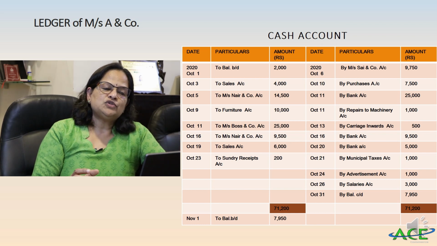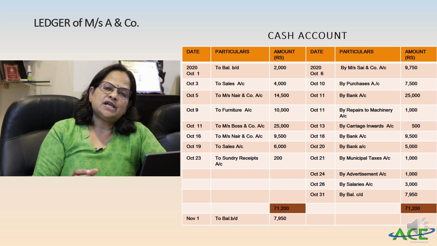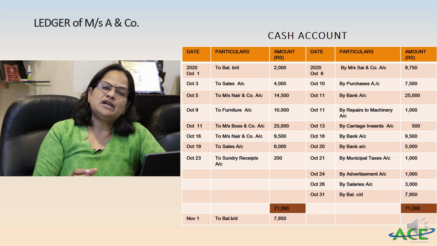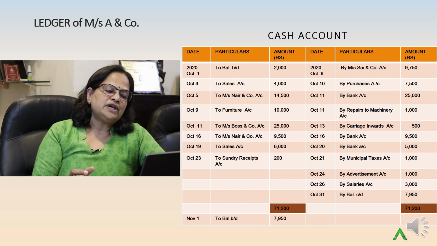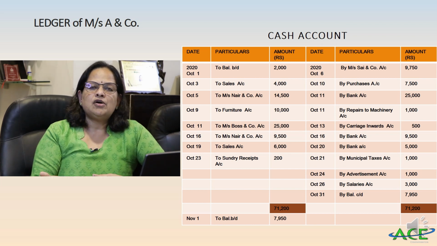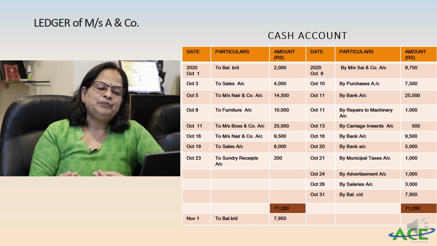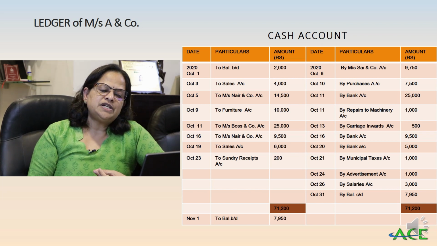To sales 4000, to Messrs. Nayar and Company 14,500, to furniture account 10,000. To Messrs. Boss and Company account 25,000, to Messrs. Nayar and Company account 9,500, to sales account 6,000, to sundry receipts account 200. Now by Sai and Company account 9,750, by purchases 7,500, by bank 25,000, by repairs to machinery 1,000, by carriage inwards 500, by bank account 9,500,